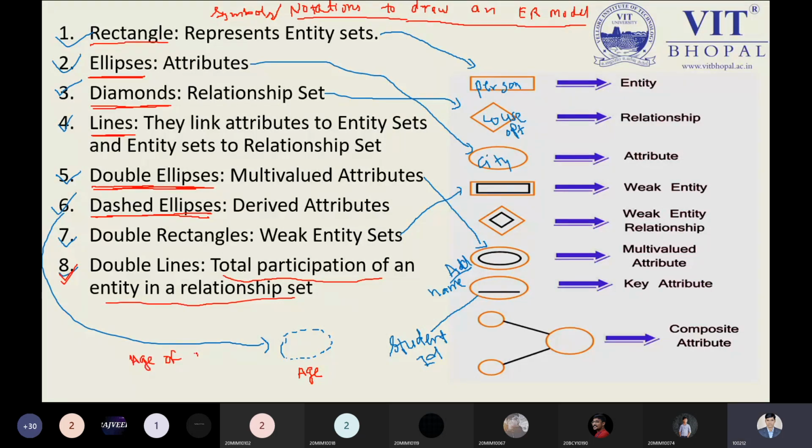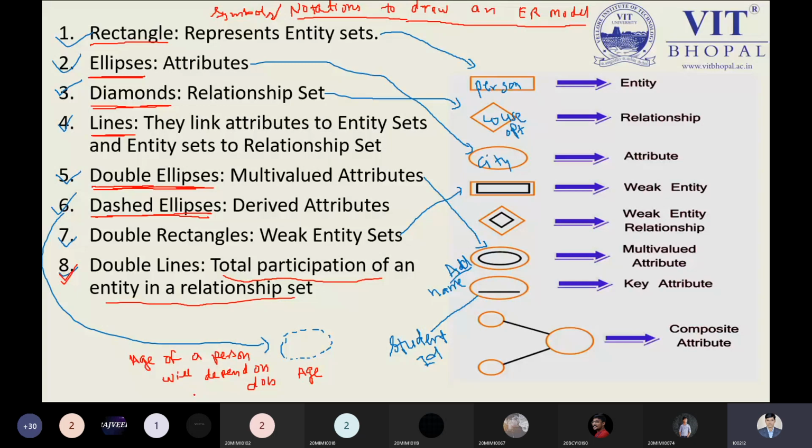will depend on date of birth. Date of birth is another attribute I am representing in my database, but from the date of birth I am calculating the age implicitly. So the information held by the age value is derived, because the information is derived from the date of birth. Okay, so that is the point.